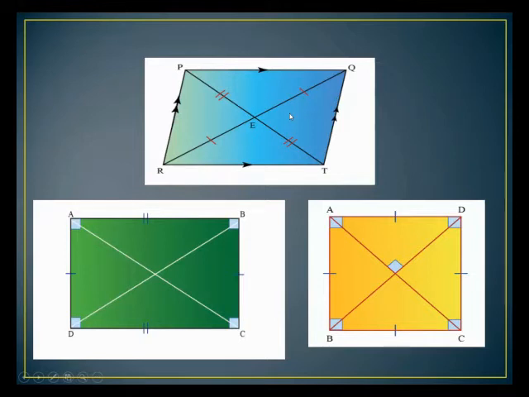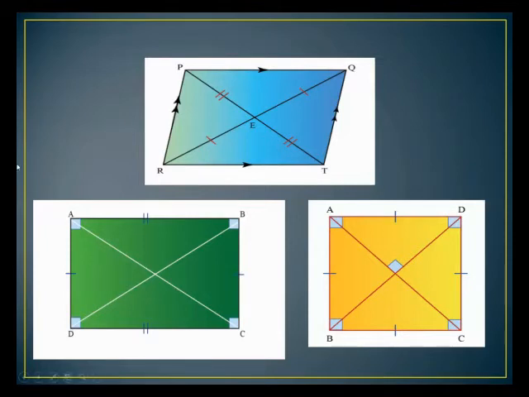So a parallelogram is a four-sided figure and we call it a quadrilateral. You can see that here we have a rectangle and a square, and all three are four-sided figures, so we call them quadrilaterals. A parallelogram is further divided into another group, that is the rectangle. A rectangle is also a parallelogram, that's why a rectangle follows all the properties of the parallelogram.